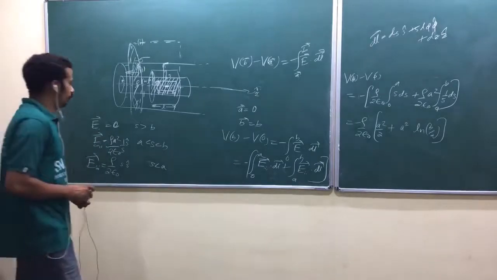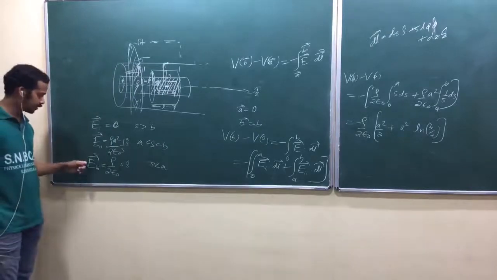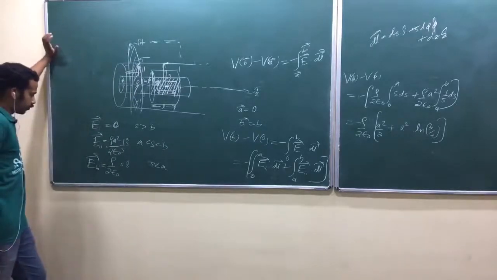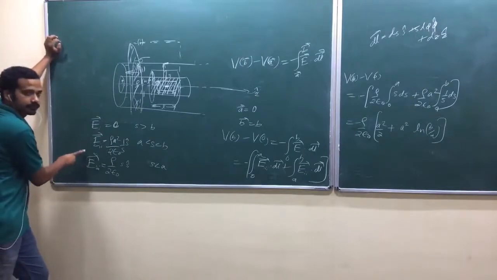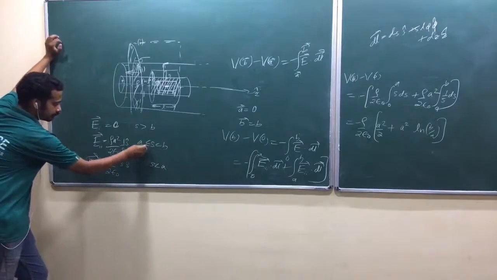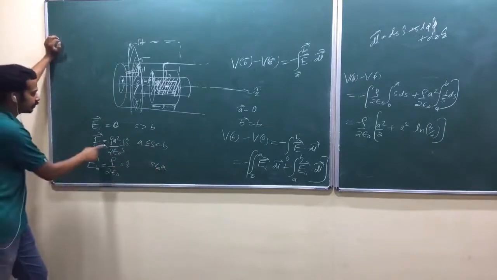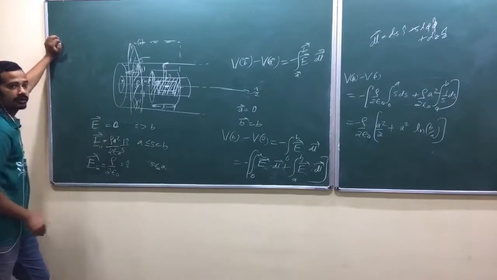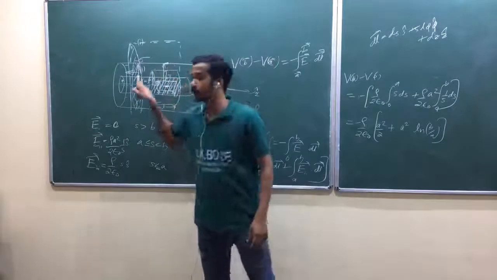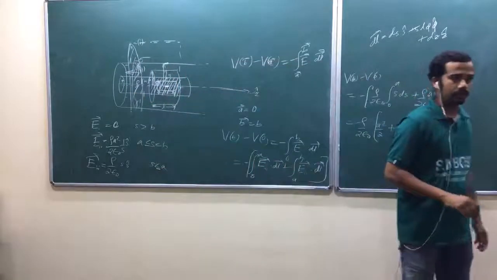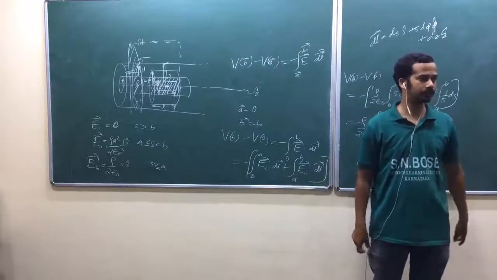Now, observe one fact here. Electric field is continuous here and here. Look at here. If you put S equal to A, you'll get this is equal to this one. Isn't it? But if you put S equal to B, you will not get this one. Discontinuity. Whenever there is a surface charge, he said this, there is a surface charge in the outer surface. Am I right? You will get electric field discontinuity. We shall derive it. Okay, boundary conditions.